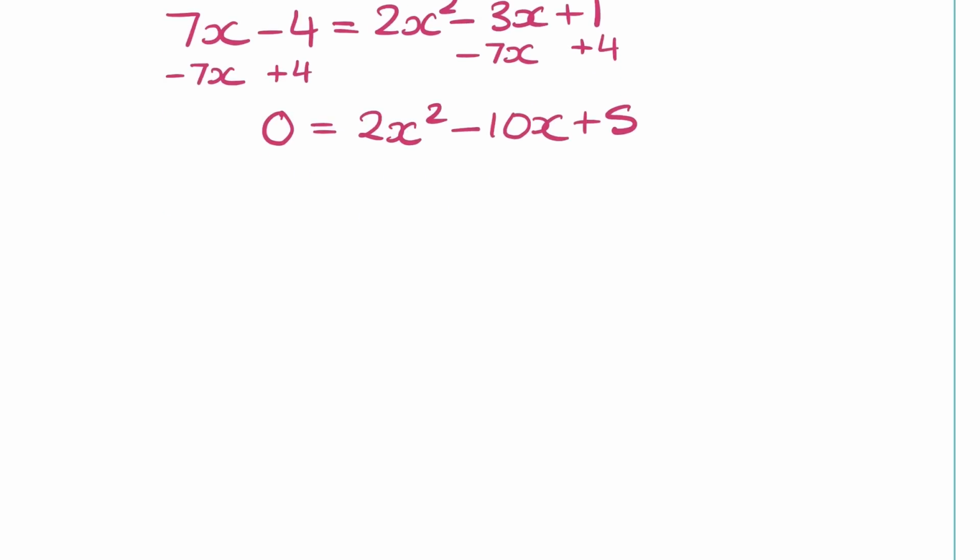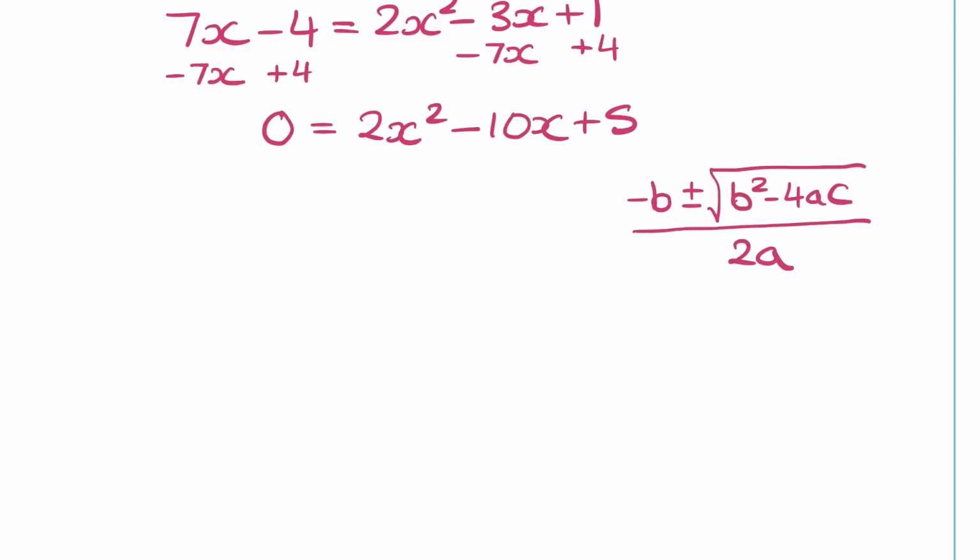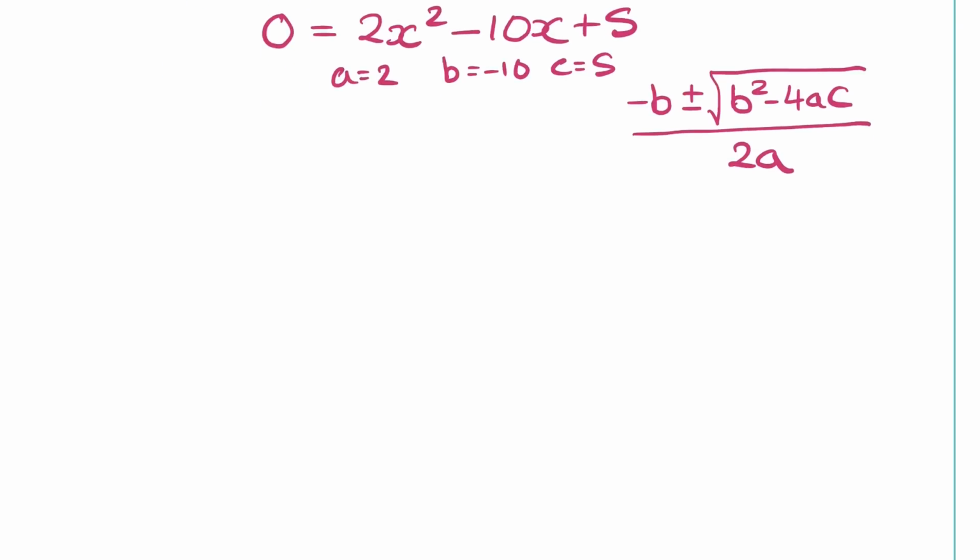So the quadratic formula is minus b plus and minus the square root of b squared minus 4ac all over 2a. In this particular quadratic, we have a is equal to 2, b is equal to negative 10, and c is equal to 5. And if we substitute that in, negative b, negative 10 will be positive 10, plus and minus